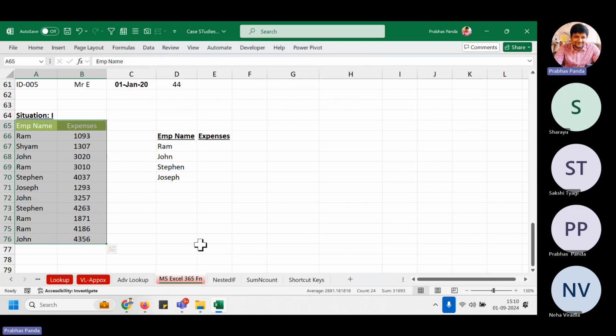Now, in my department, these are the people working. I just want to know my department people, whatever expenses they have incurred. I don't want the total. I don't want the total. I want the individual denominations. Say, take an example. If I'm looking for RAM, if you look at our history, how many times has RAM spent? Just see,